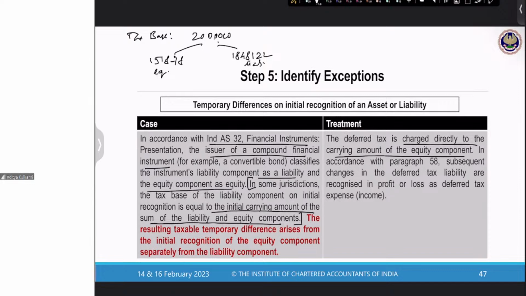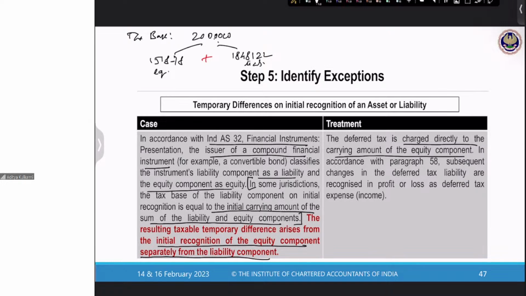So what they are saying is, in some jurisdictions, the tax base of the liability component is equal to the initial carrying amount of the equity plus the liability component, which in our case was 20 lakhs. The resulting temporary difference arises from the initial recognition of equity component separately from the liability